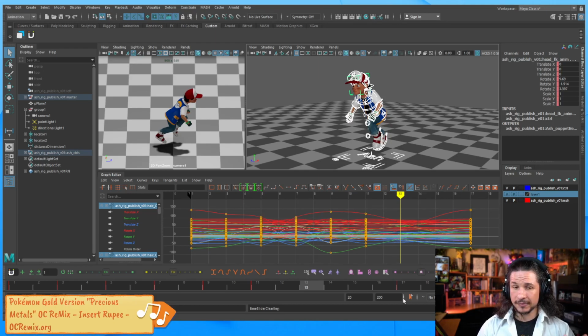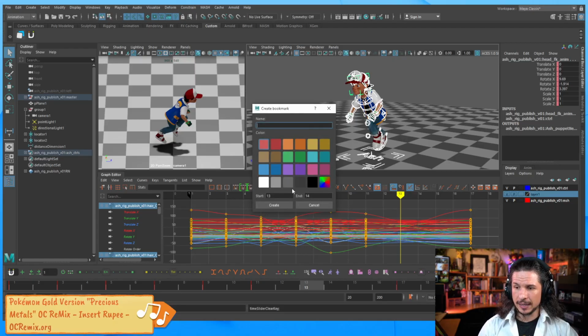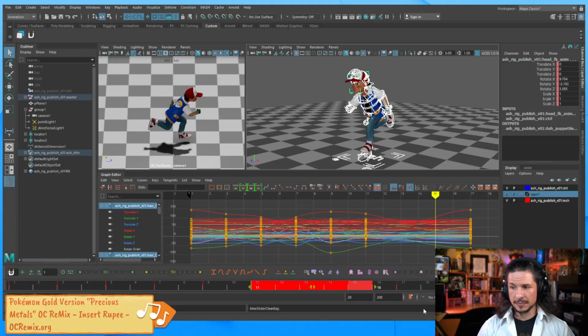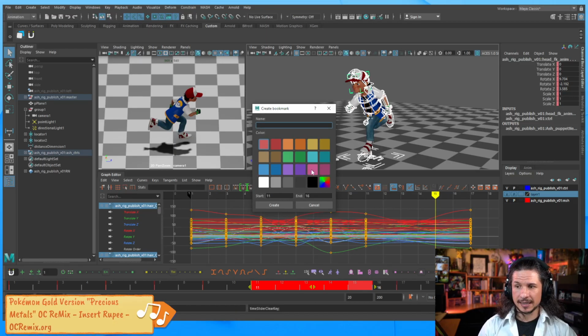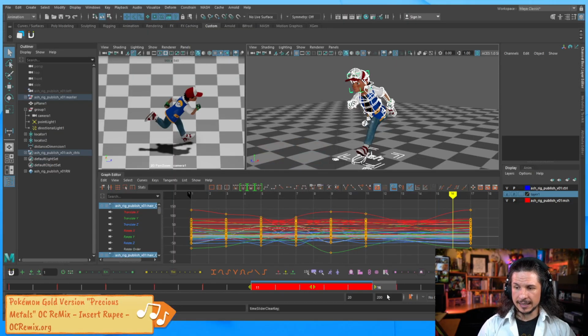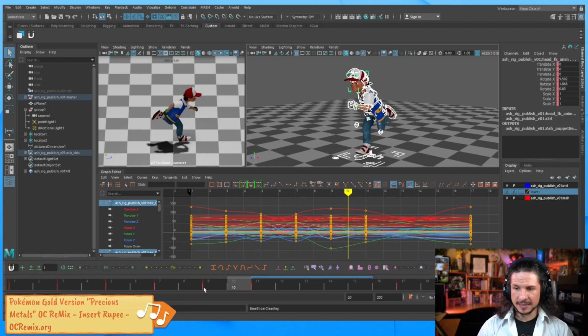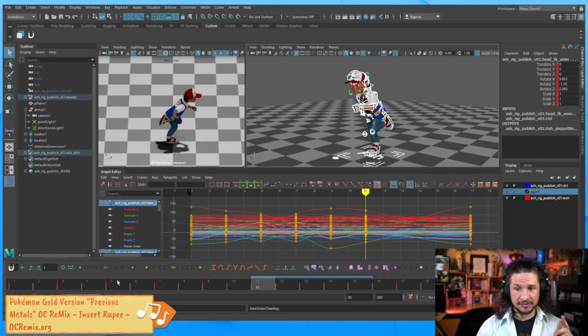So this is where one of the new features of Maya comes in that I really like, bookmarks. So I know that 11, 13, and 15 right here, this whole range needs to be flipped. So just to kind of mark it and to keep track of it, I can just create a bookmark. It's this button right here. And I'm just going to color it blue and hit create. And now I have this little bit of a marker right there